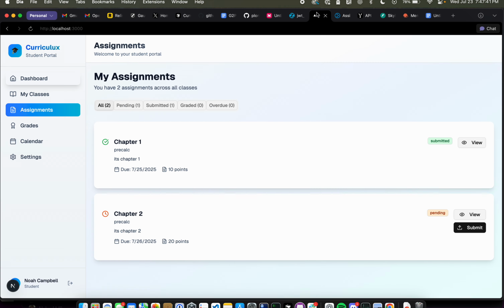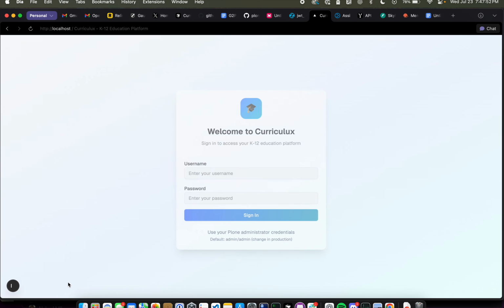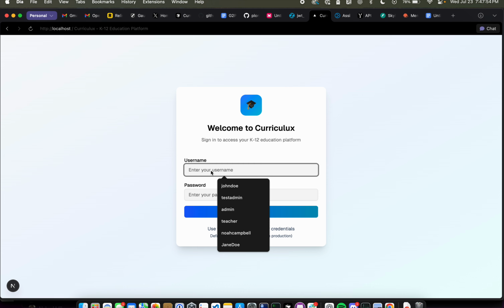That's currently how this is all working, is just basically calling the exact same backend that already exists for Plone's classic UI. It's basically just a fresh coat of paint and also adding a bunch of features. But speaking of features, I actually have already implemented one of the features I want to have for the K-12 teachers,